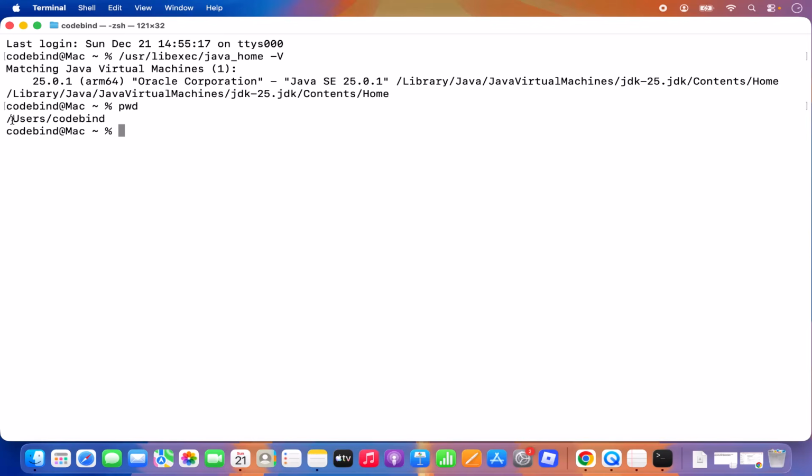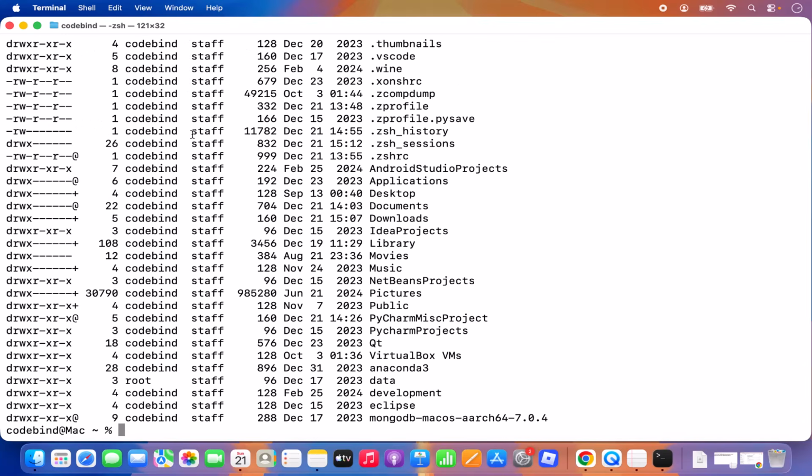And if it says /users/ your username, then we are in our home folder on our Mac operating system in this terminal. When I give the ls -al command, it's going to list all the files in this home folder. And one of these files is called